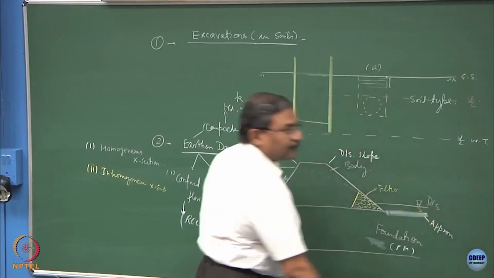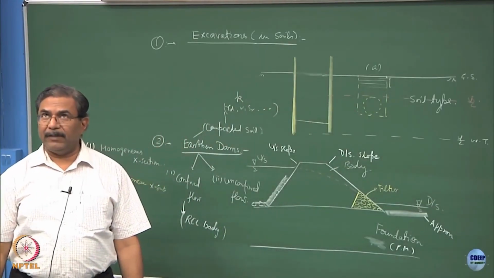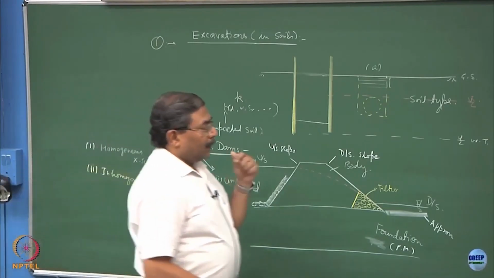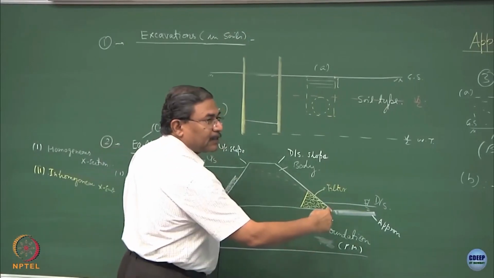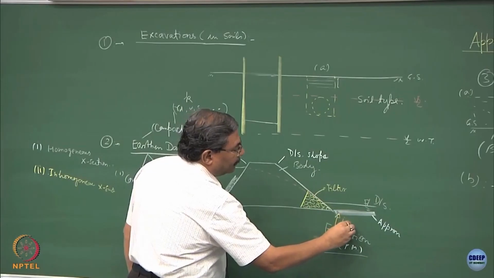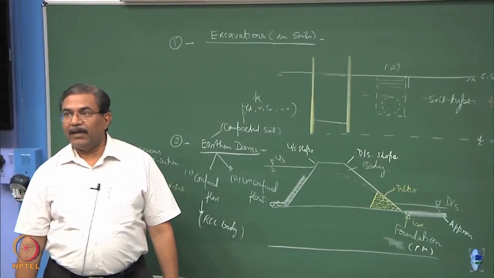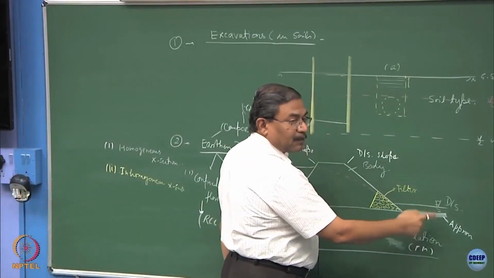What does this apron do? We have already talked about the i critical thing in the previous lecture, if you remember. We have proved that because of the seepage which is going to take place through the foundation system, there would be an exit gradient, i critical, and this we have defined as (G minus 1) over (1 plus e). So, in order to negotiate the effect of i critical so that the downstream does not get eroded,